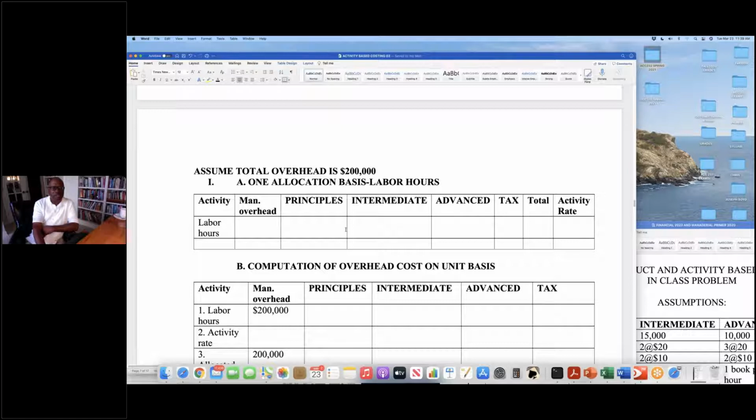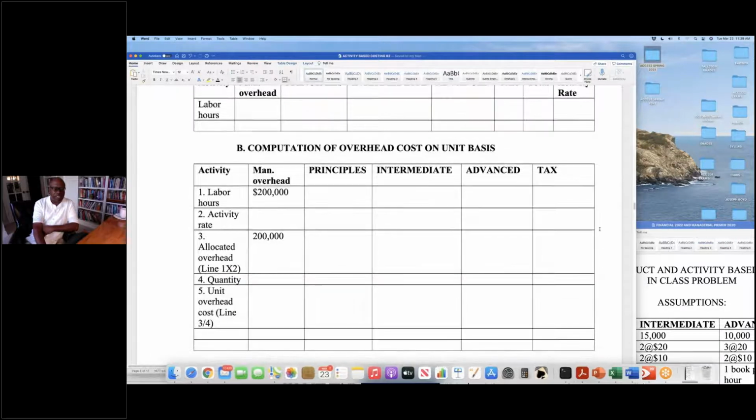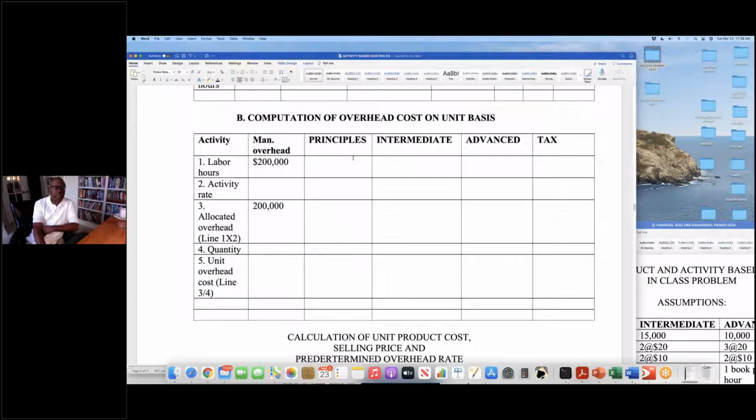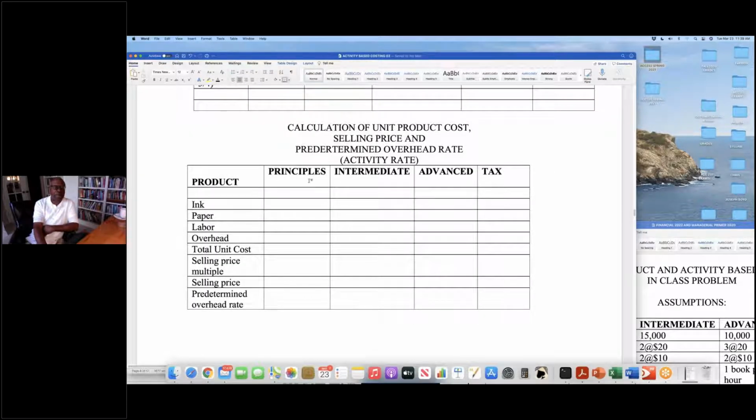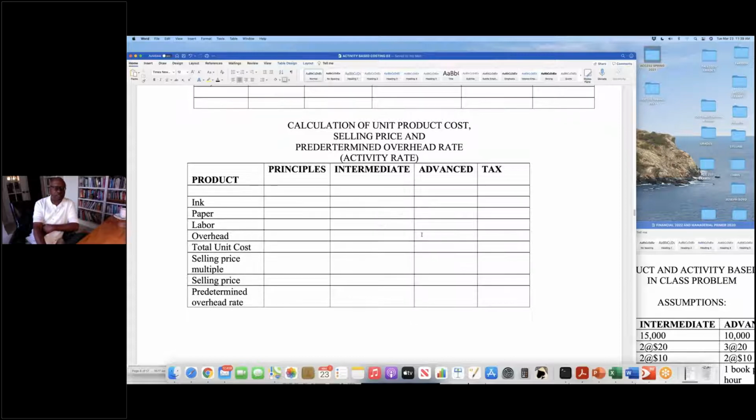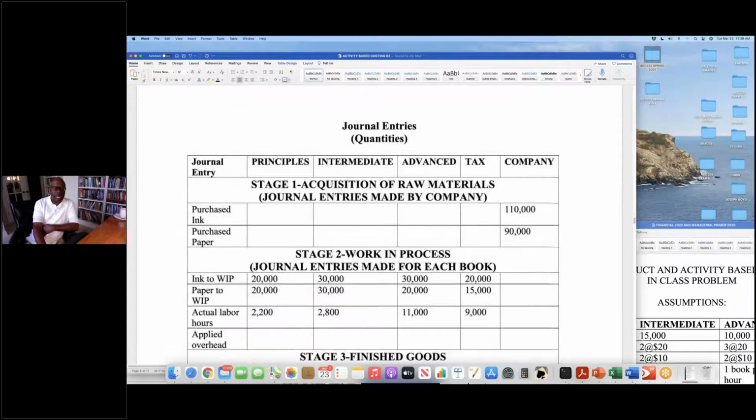So each team, you get together now and calculate the activity rates. Once the activity rates are calculated, then the assigned teams will come through and calculate the unit cost, the unit overhead cost, principal, intermediate, advanced, and tax. Then they're going to come in here and calculate total unit cost, selling price, multiple, selling price, and predetermined overhead. So each book is doing this. Then after they do that,